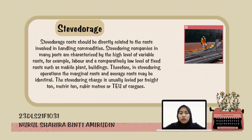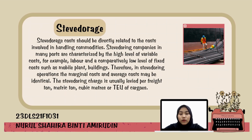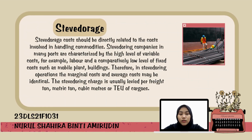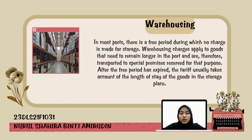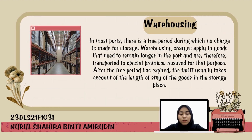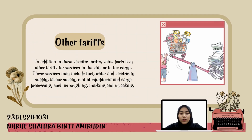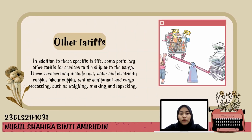Stevedoring storage costs should be directly related to the cost involved in handling commodities. Stevedoring companies in many ports are characterized by a high level of variable costs. Warehousing charges apply to goods that need to remain longer in the port and are therefore transported to special premises reserved for that purpose. In addition to these specific tariffs, some ports levy other tariffs for services to the ship